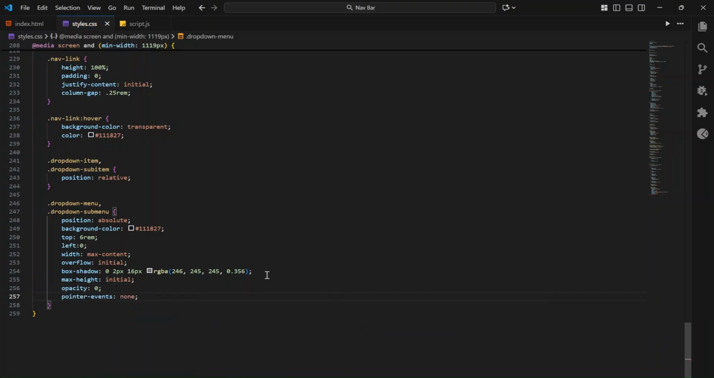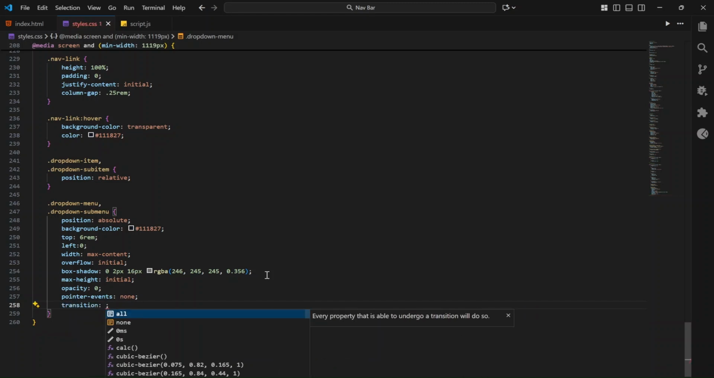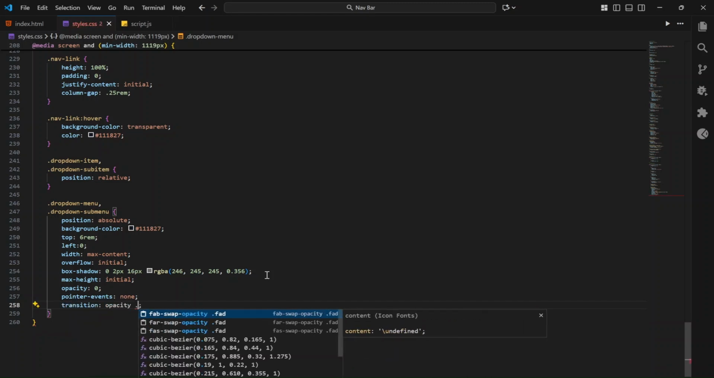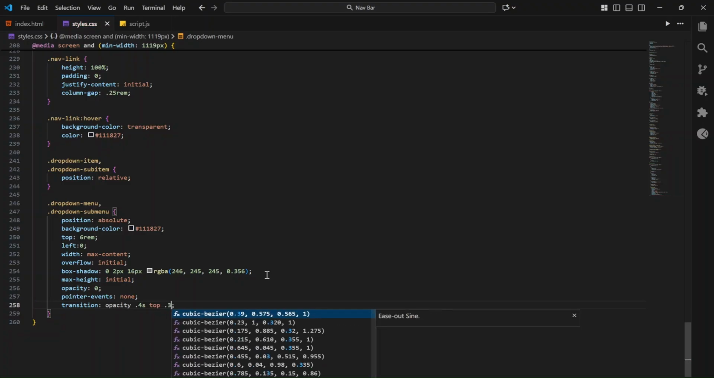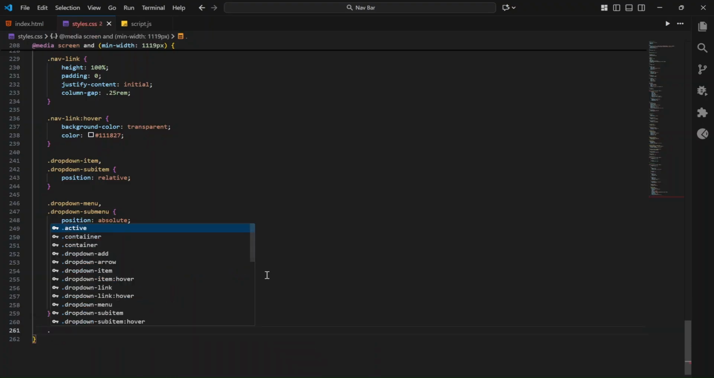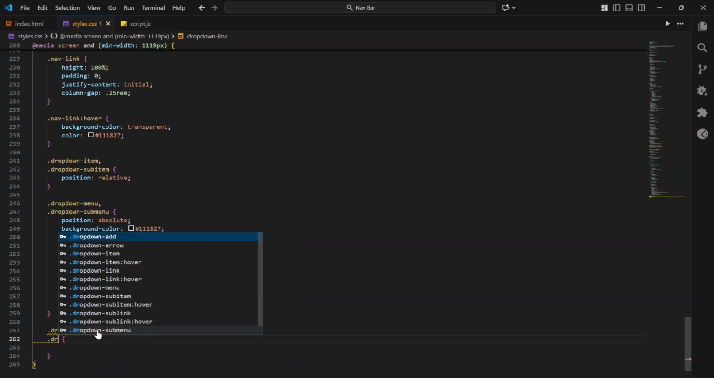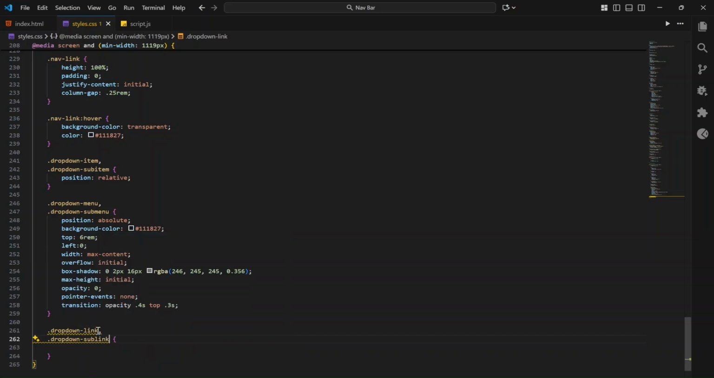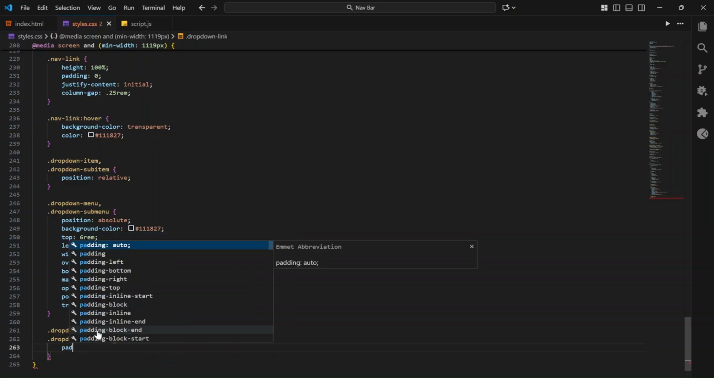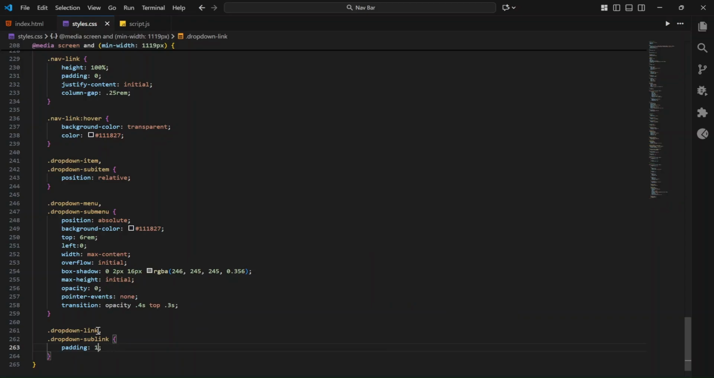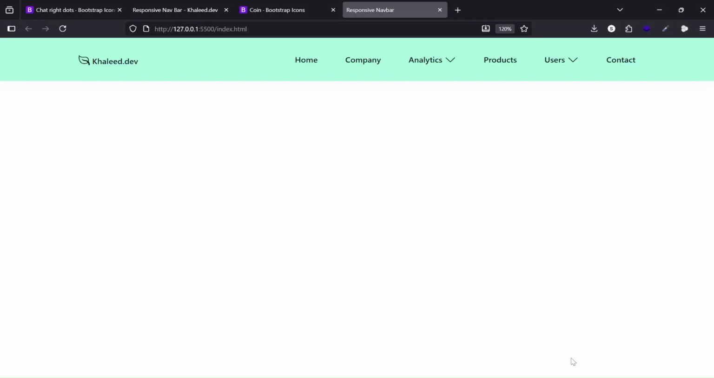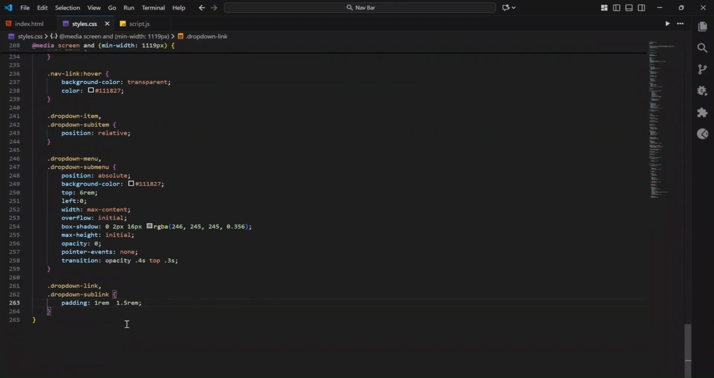Now it should be gone. I don't want to see it. And pointer event none, transition opacity, so whenever it's going in, for top 0.4 seconds and opacity 0.3 seconds. So the nav link and the dropdown sub link, the padding should be 1 rem. They should take the same padding. So as you can see, the opacity is 0 over there. That's why you can't see it. So let's come down,